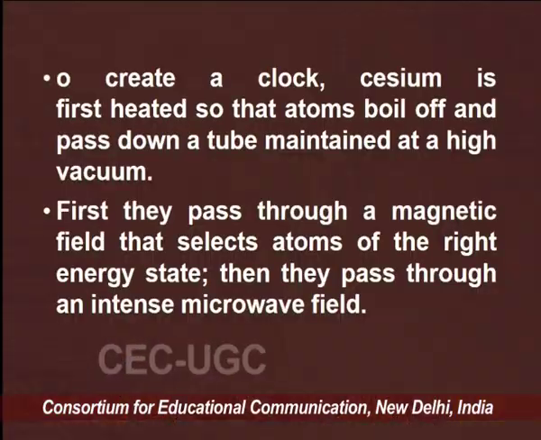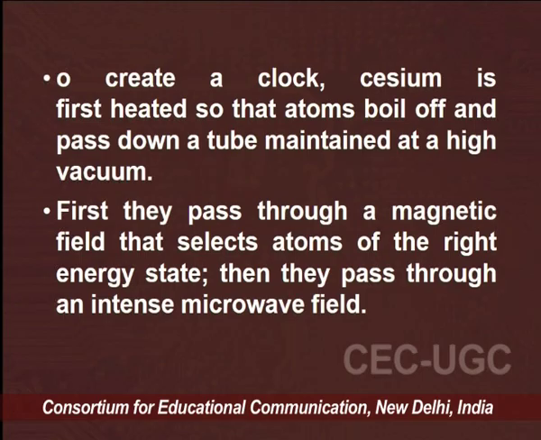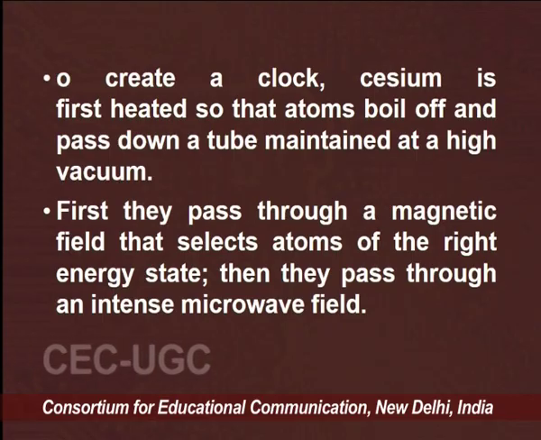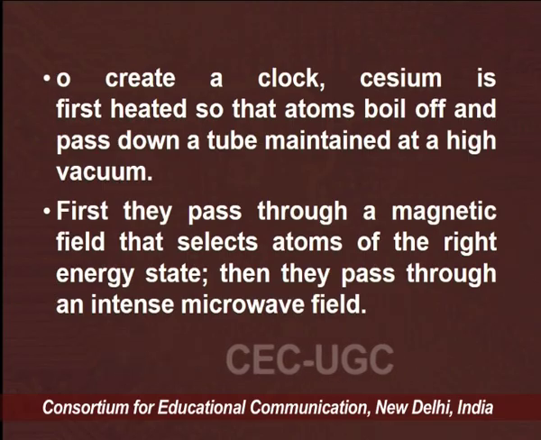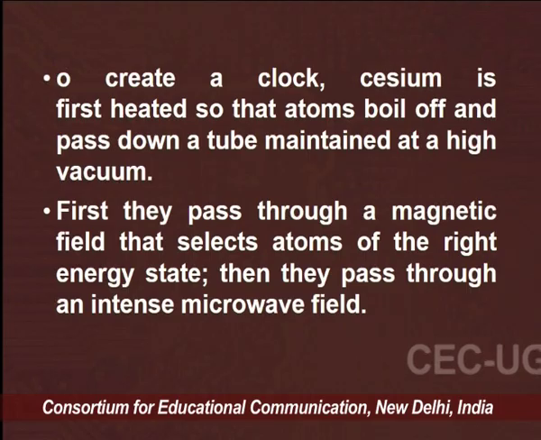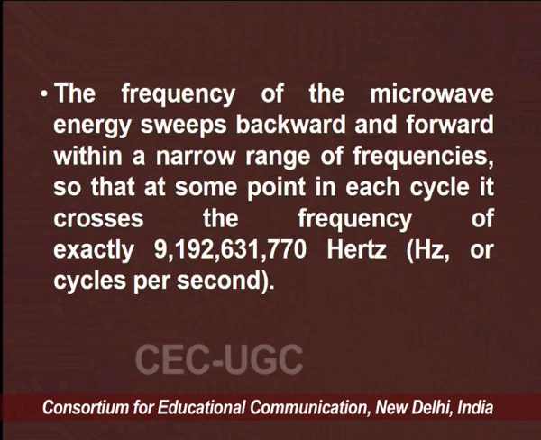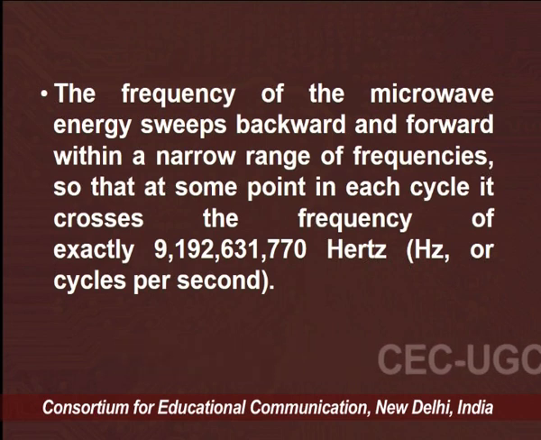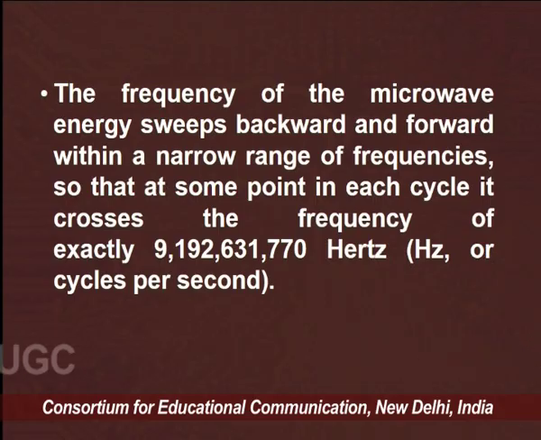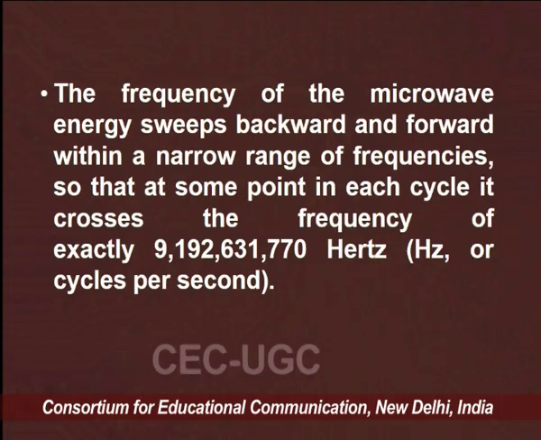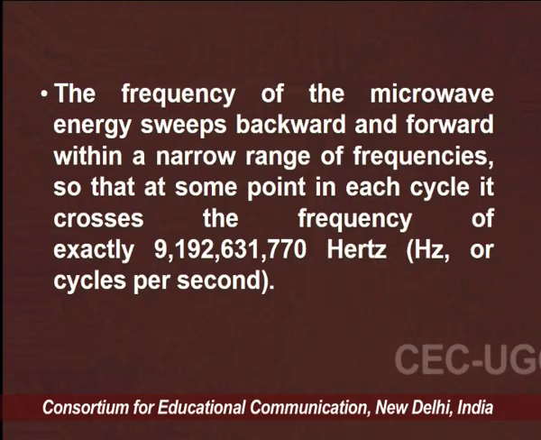Any atomic clock we will just construct or instrument it. First, cesium is heated so that atoms boil off and pass down a tube maintained at a high vacuum. First they pass through a magnetic field that selects the atoms of the right energy state. Then they pass through the intense microwave field. After that, the frequency of the microwave energy sweeps backward and forward within a narrow range of frequencies, so that at some point in each cycle it crosses the frequency of exactly